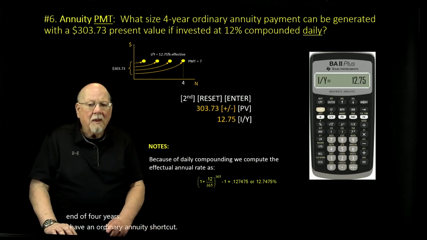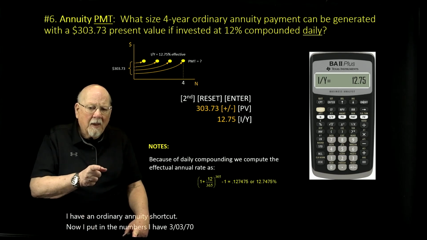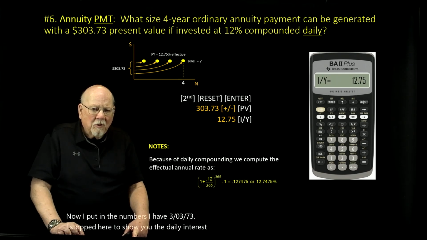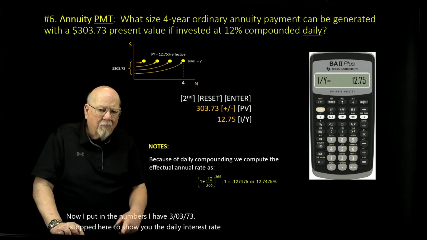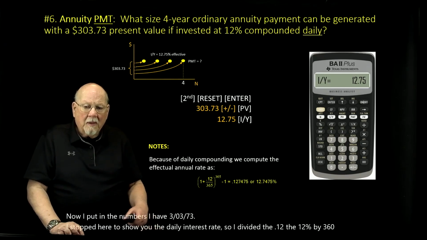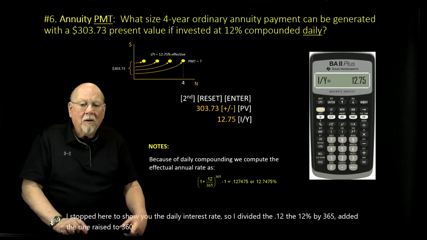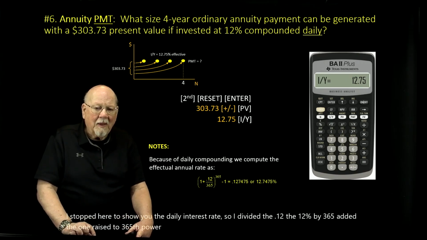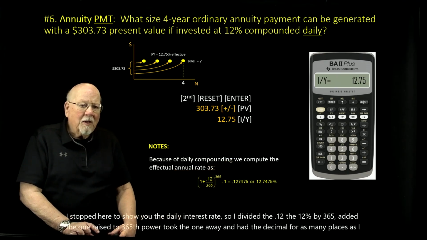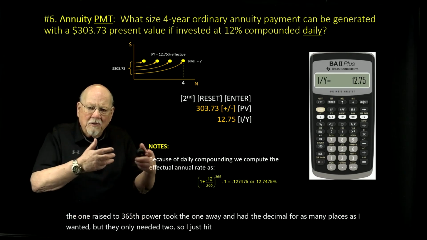Now I put in the numbers. I have 303.73. I stopped here to show you the daily interest rate. So I divided the 0.12, the 12%, by 365, added the 1, raised to the 365th power, took the 1 away, and had the decimal for as many places as I wanted. But I only needed 2, so I just hit the I/Y key, and that set it into the